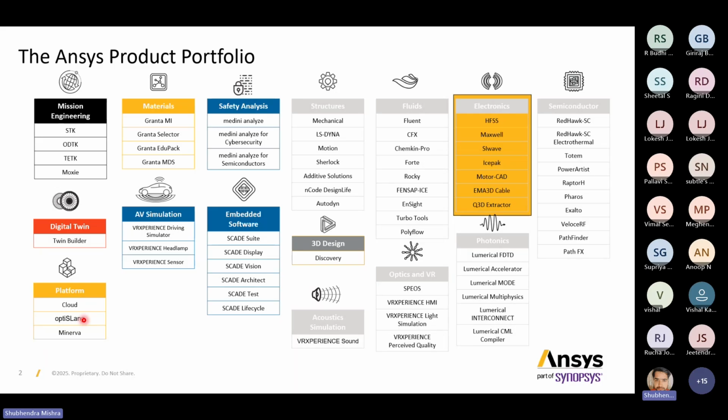optiSLang is there. optiSLang is basically an optimization tool. For example, if there is an RF engineer who is working on an antenna, and you go with this simulation and later you want to do the optimization analysis, for that we have optiSLang. And there are embedded tools also, SCADE, for safety analysis. So these three here